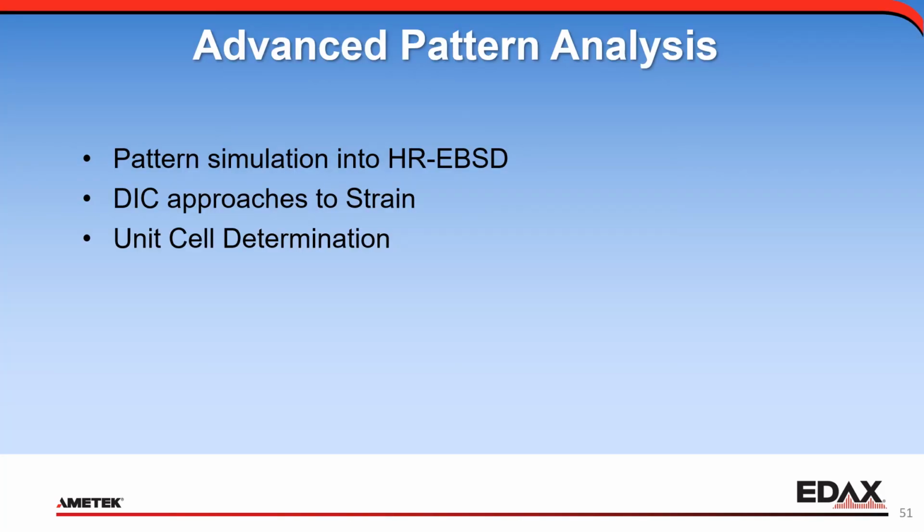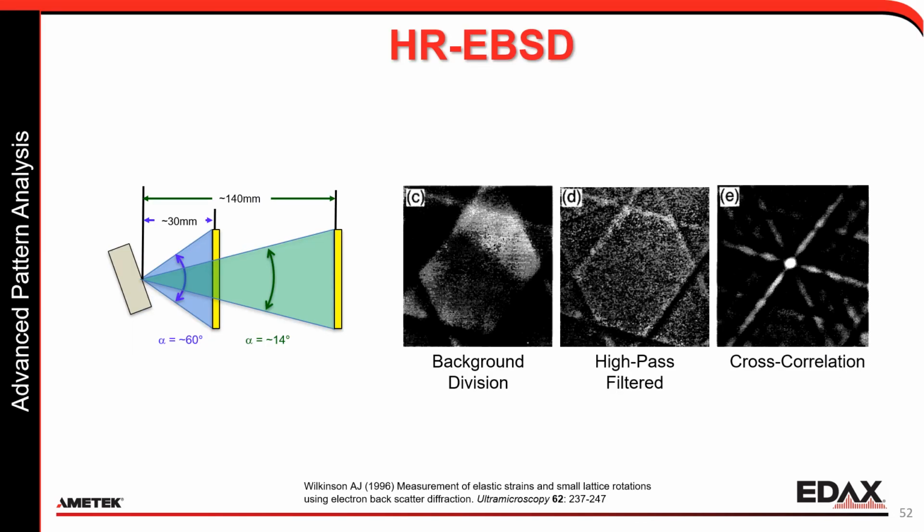So we can use some of that information, the dynamic pattern simulation, and incorporate it into some of our advanced pattern analysis. When I think of advanced pattern analysis, I think the best example is HREBSD, the pioneering work done by Wilkinson. He initially started out moving a camera in and out so as to get more detail around a specific zone axis, and then used cross correlation to really quantitate that detail, the differences between different zone axes, or zone axes